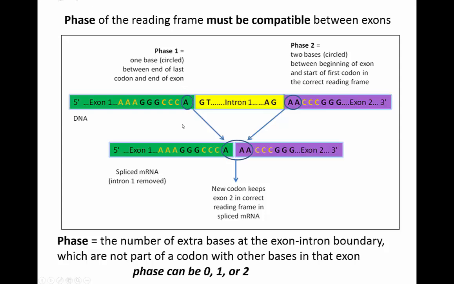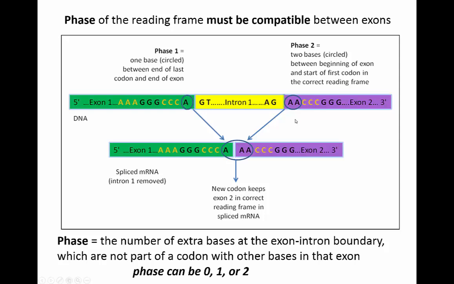So what you see here is an intron, and that is going to be cut out. You see the GT at the beginning and the AG at the end of the intron. If you look at the codons here, this first exon has these individual codons, and then there is one extra base at the end of the exon that is not part of a codon. We're going to call that phase 1. So the phase is simply the number of extra bases at the end of an exon that are not part